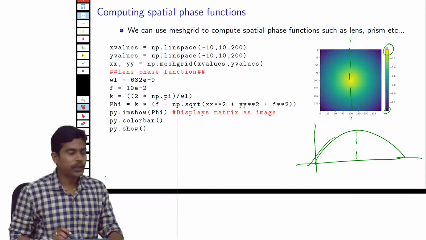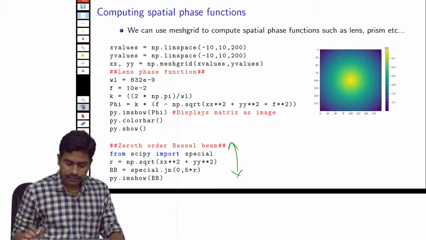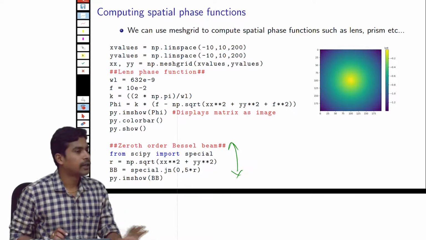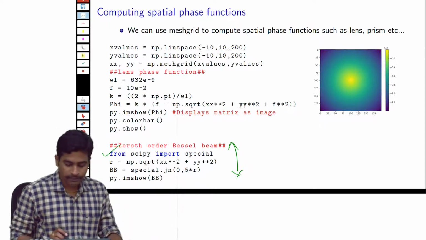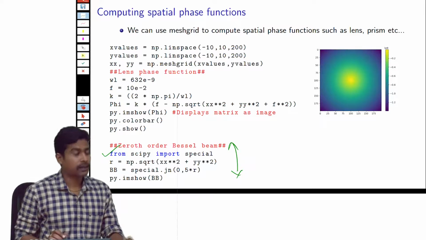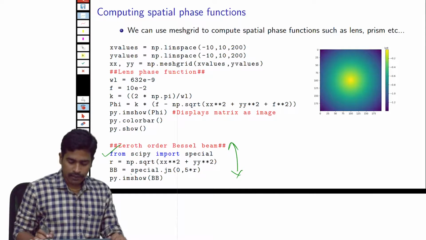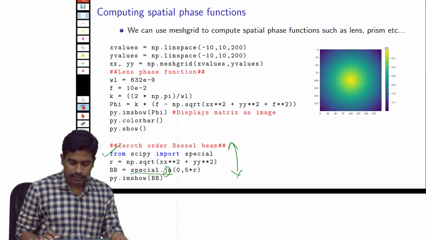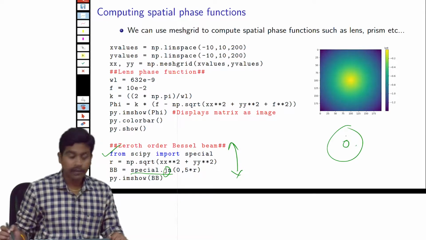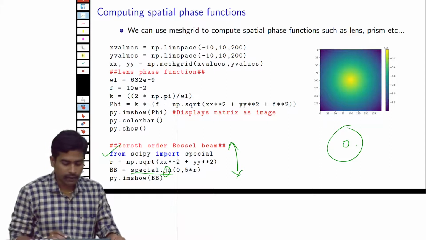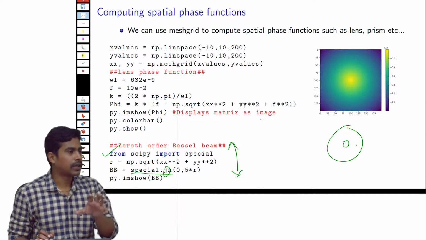Similarly, you can compute different functions. To show you, I have plotted a Bessel function. Bessel beams are very useful, but they are not covered in this course. If you are interested, you can read about them. For this I am using another package called SciPy. It has all scientific functions in it. From SciPy I am taking the Bessel function, which is given by Jn, and since the Bessel function is a radial function, in order to calculate it I have converted the x and y coordinates into a radial, or r theta, coordinate system.